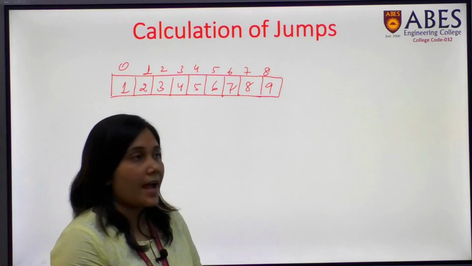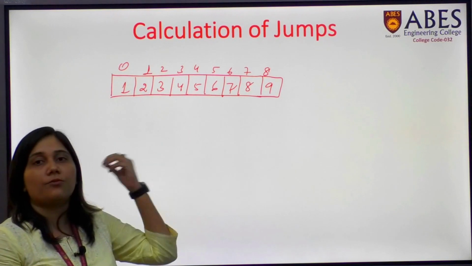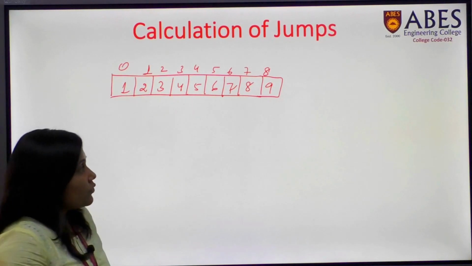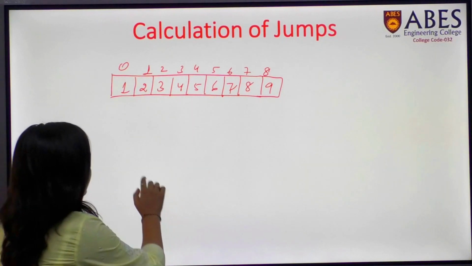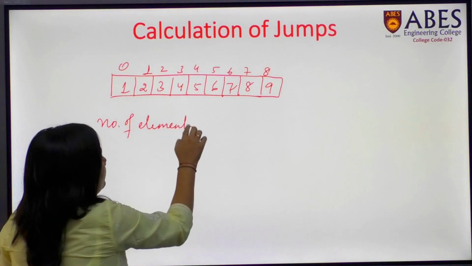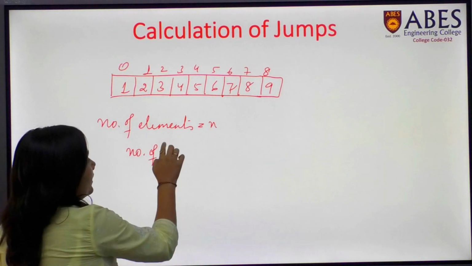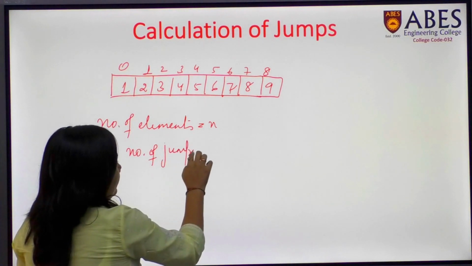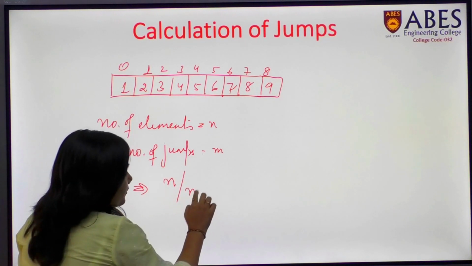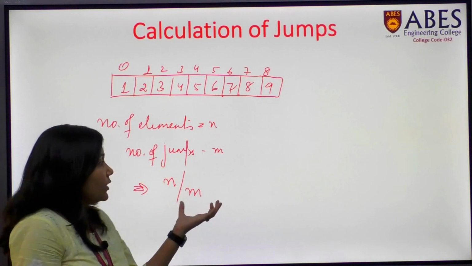Now the question arises: I need to find out how to get jumps of 3, 3 or 4, 4. By 1 we can easily do that. How am I going to specify that this many jumps are required? Suppose the total number of elements is equal to n, and I represent the number of blocks or number of jumps by m. So my array will be divided according to this part. Okay, so these will be my jumps.